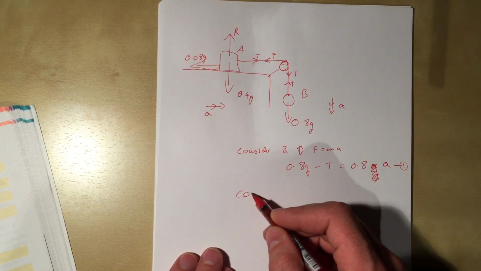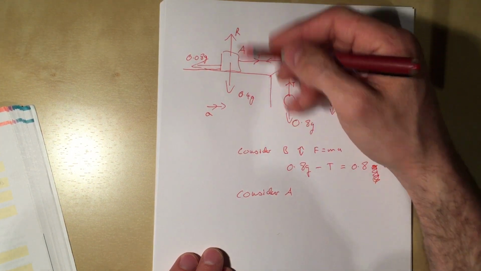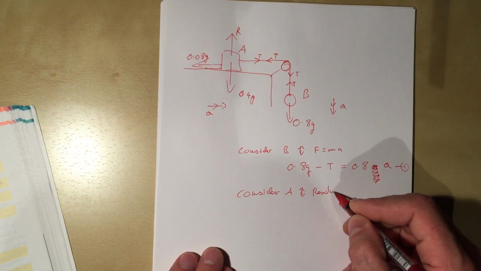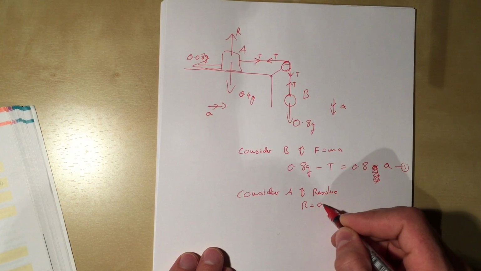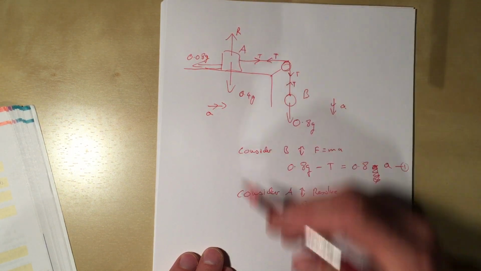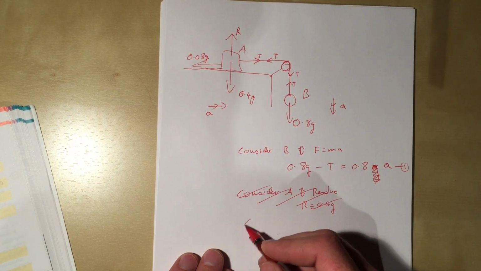I can consider A. Now I could consider the forces on A vertically, and then I would be resolving, and I'd get R equals 0.4 g, and I call it resolving because those forces are going to balance out. There is no vertical acceleration, but really I know there's nothing interesting going on vertically, so I'm going to consider